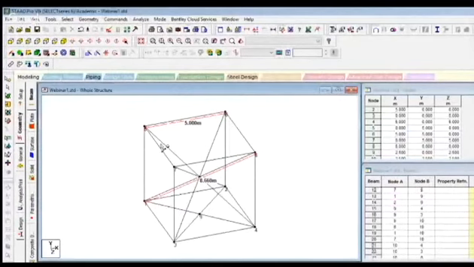Suppose you want to measure the distance between this central node, the centroid of the cube, and the diagonal intersection point of the bottom face. Can you calculate this distance orally? I think I can. Obviously, the side of the cube is 5 meters, so this will be 2.5 meters.